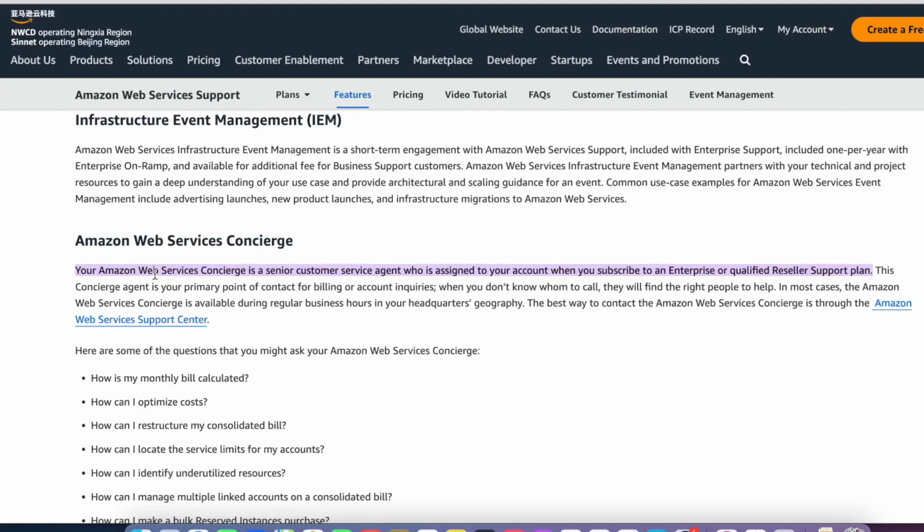AWS Support Concierge is a senior customer service agent who is assigned to your account when you subscribe to an Enterprise or qualified reseller support plan. This concierge agent is your primary point of contact for billing or account inquiries.